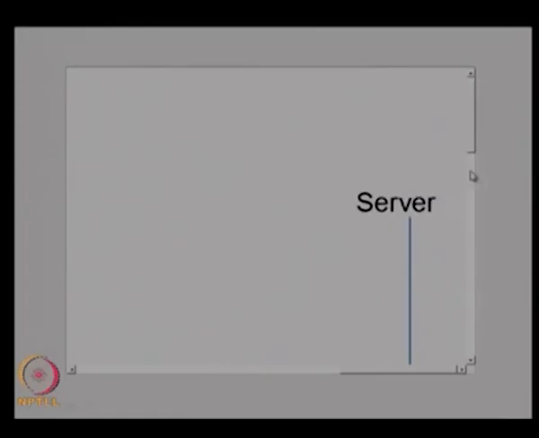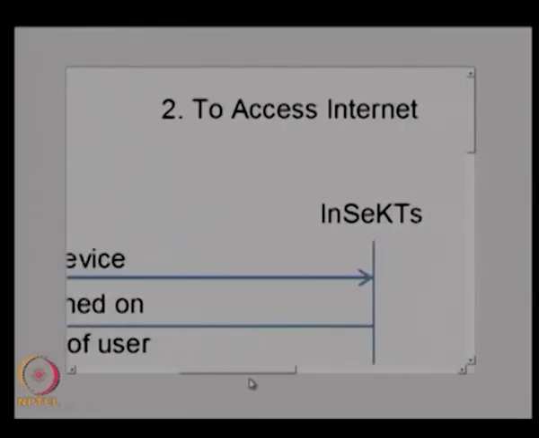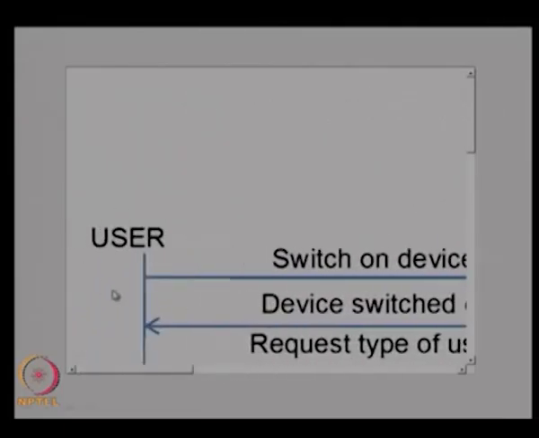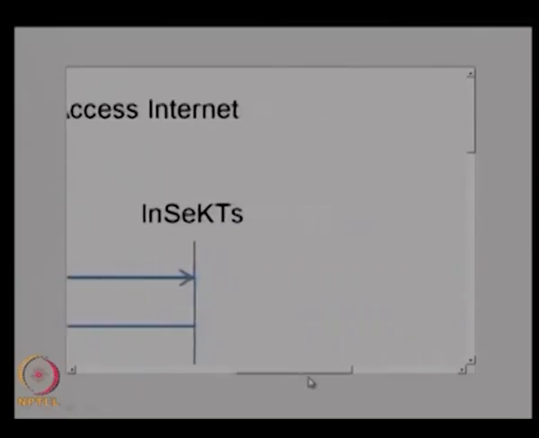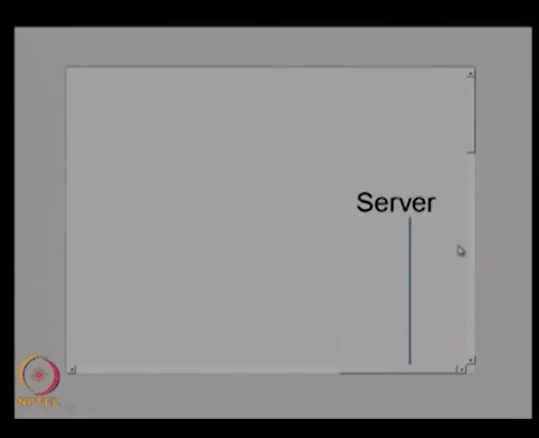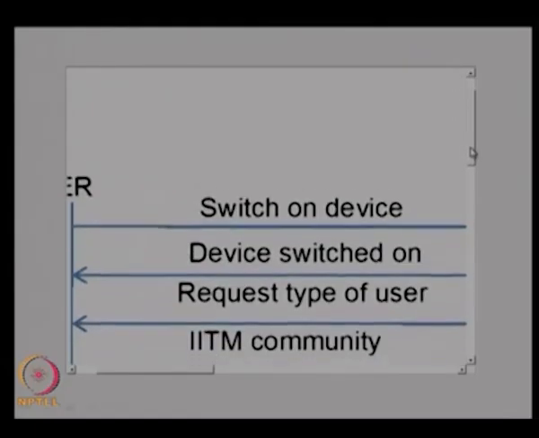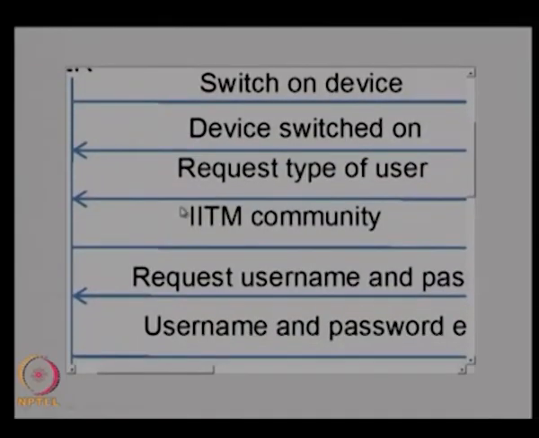So, this is for the other scenario, access the internet. Again, if you have the scenario for accessing internet, you can see that inside the system, and then you have the user as the external system, and then you have the database or the server as another system which the insect will be connected to for the internet. And here this shows the type of inputs: the user gives an input and the system gives a feedback. Similarly, you can see the type of person, that is the internal person or an outside visitor,